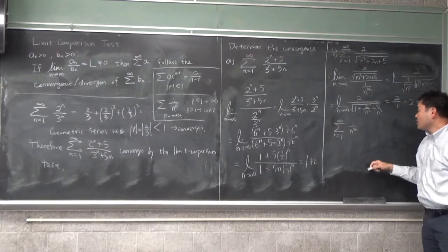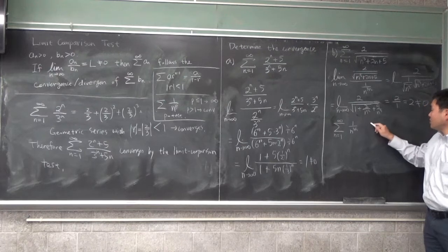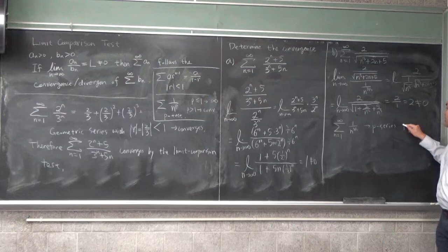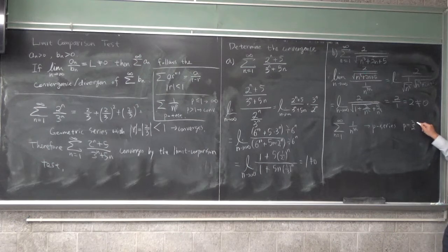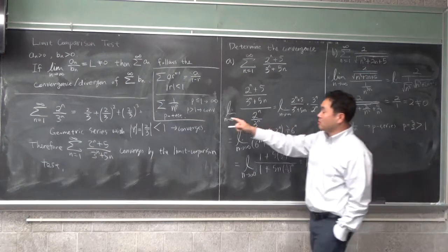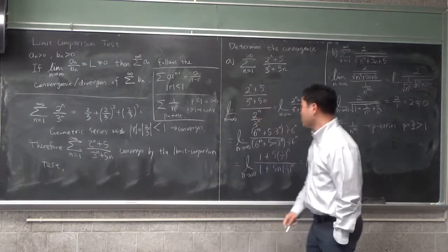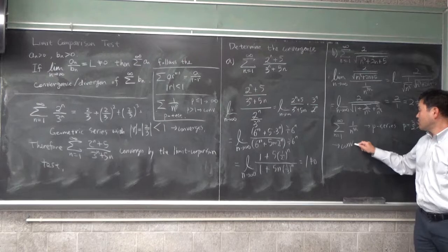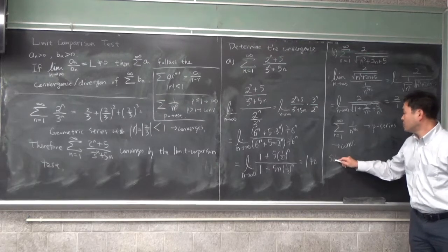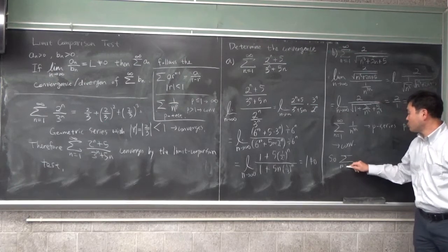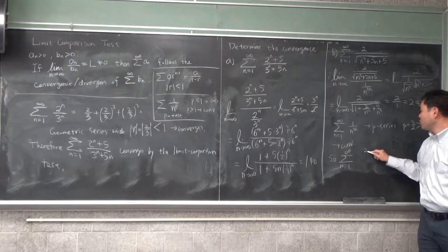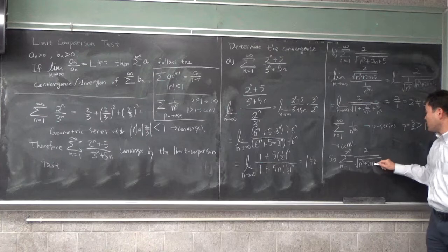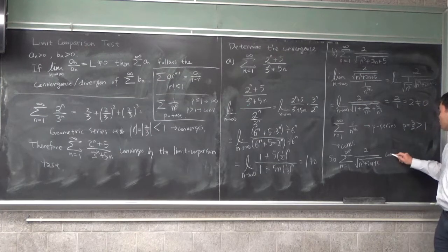And then because this is a p series with p equals 3 over 2, which is greater than 1, that case is convergence. So we know that this converges. So summation from n equals 1 through infinity of 2 over square root of n cubed plus 2n plus 5 converges